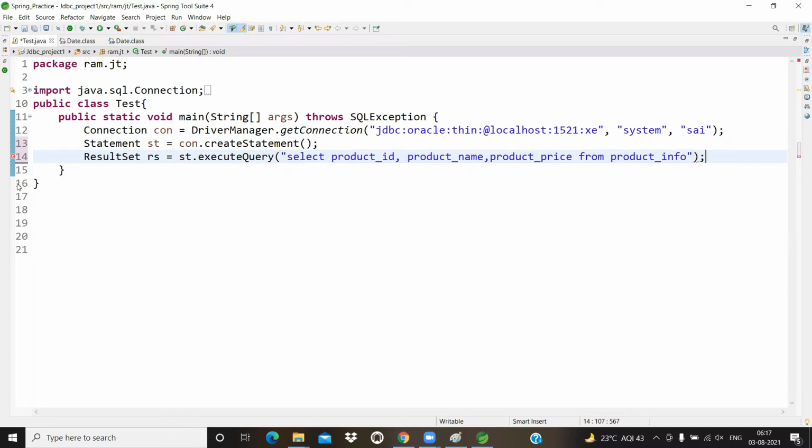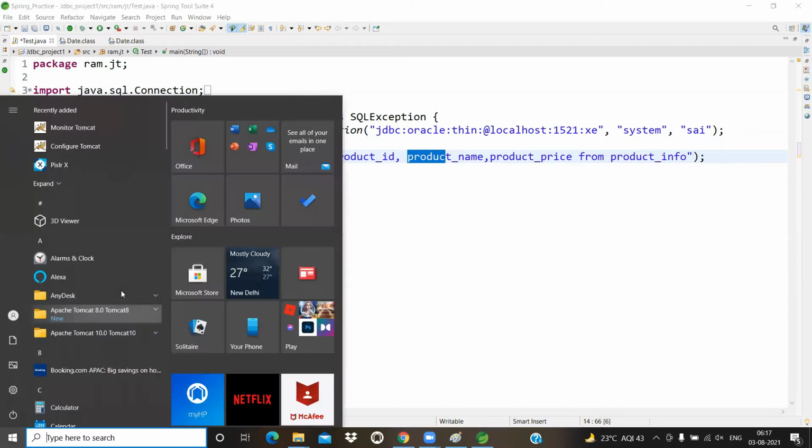That's enough. This query is a data retrieval language query, a select query, and whatever records we have in product info, all the records will come and be stored in rs: product id, product name, product price, and all these things.